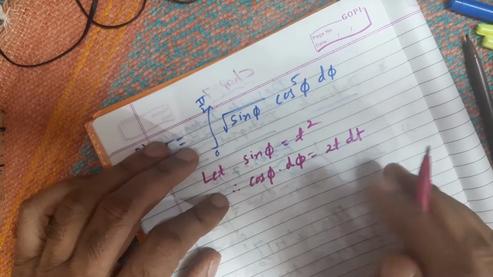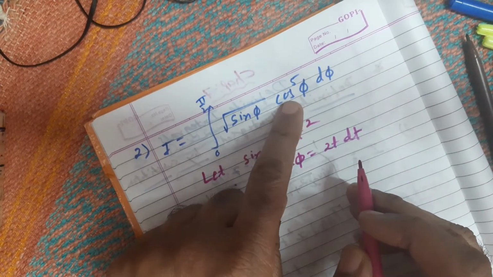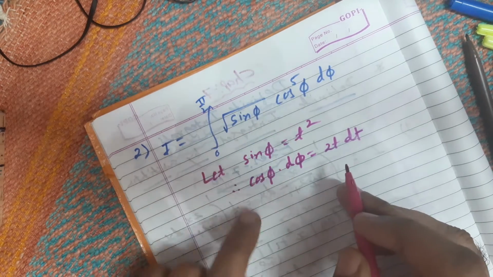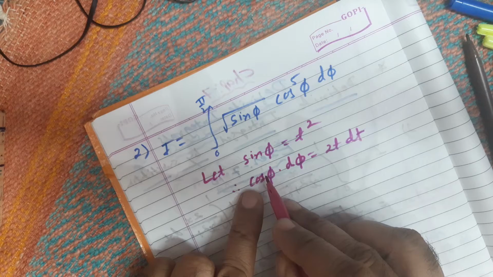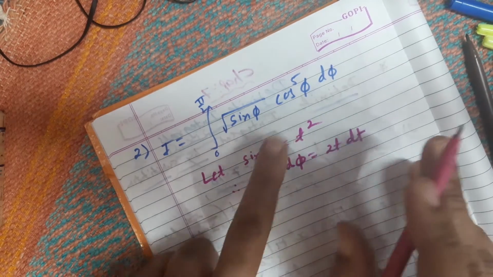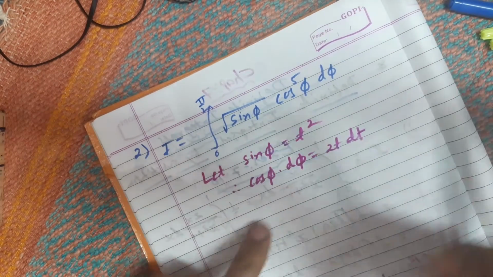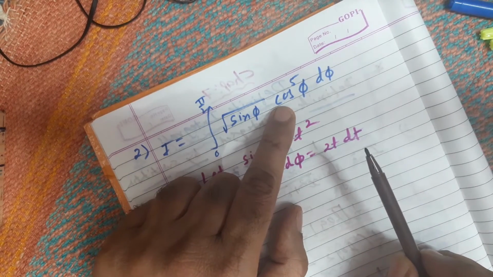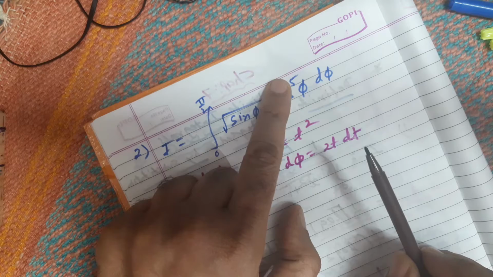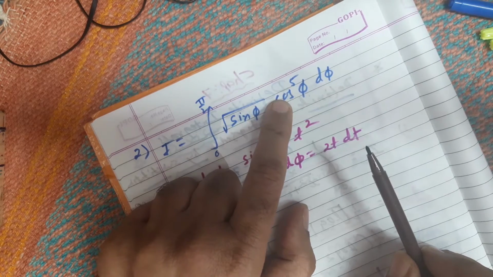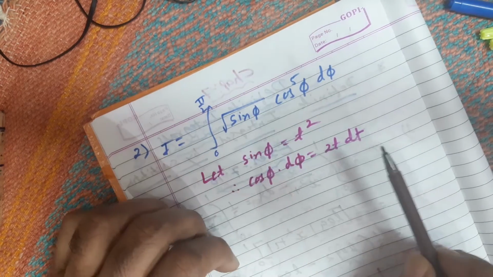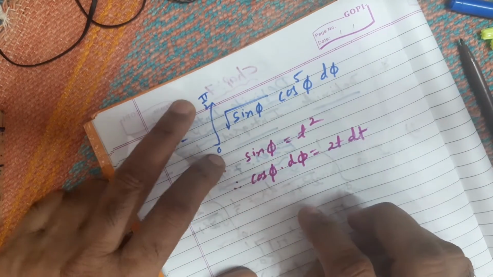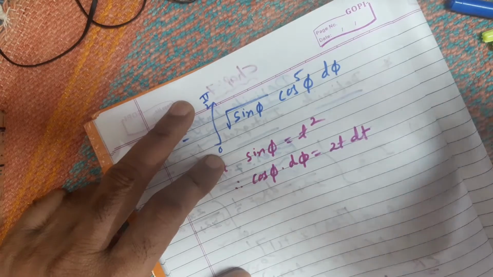Okay, right? Now here is cos raised to 5 phi, meaning what power is it? Fifth power. And here is cos raised to 1, so simply 1 power. So what will I do? If I want to use this, I have to split it. Instead of cos raised to 5 phi, I will put it as cos into cos raised to 4. This is how we will write it. But before I write it, change the limit. Be careful. So change the limit.